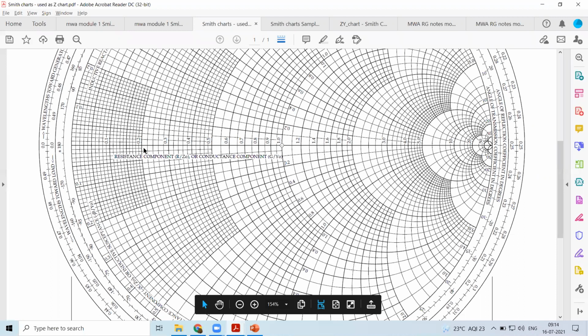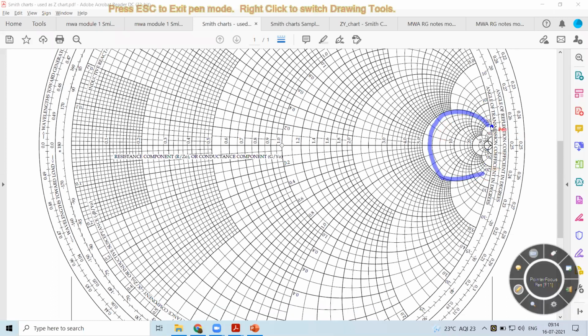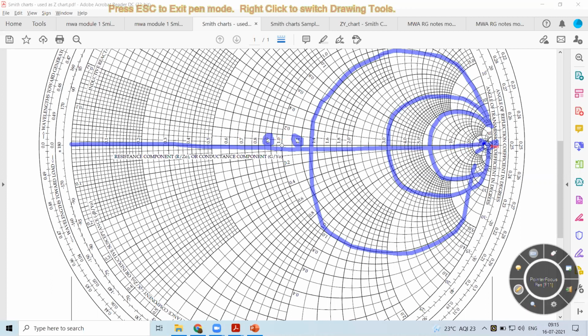On this line, you can see each resistance circle appearing. Here we are able to see the resistance circles, which start at the same point and terminate at this same point. These are the resistance circles. And what is the value of this resistance? It is given at these points. You can see on this horizontal line, all the values are specified.